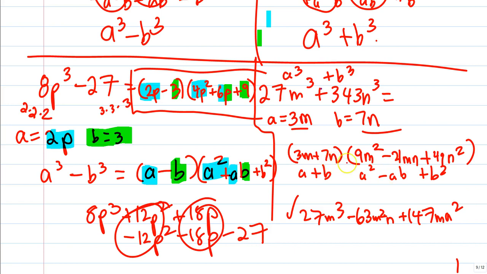Do the same thing here. 7 times 9, how about plus 63m squared n, minus 147mn squared. And last, 7 times 49, plus 343n to the third. Everything in the middle zeroes out,